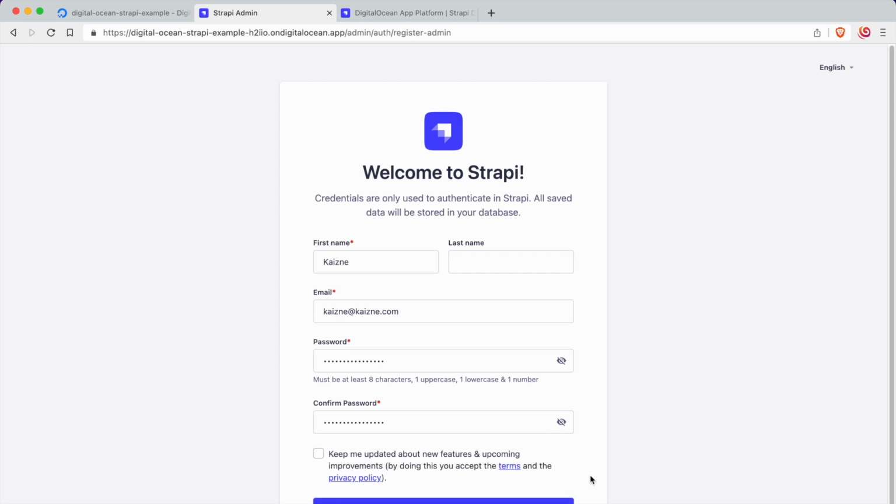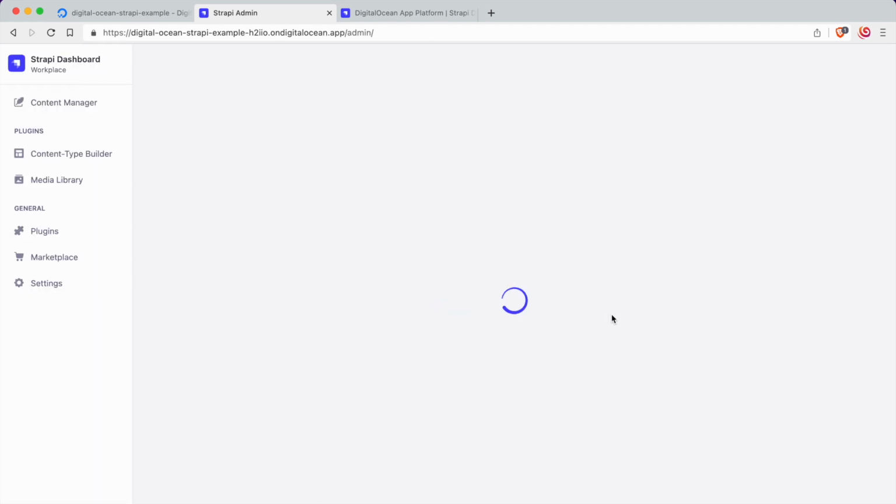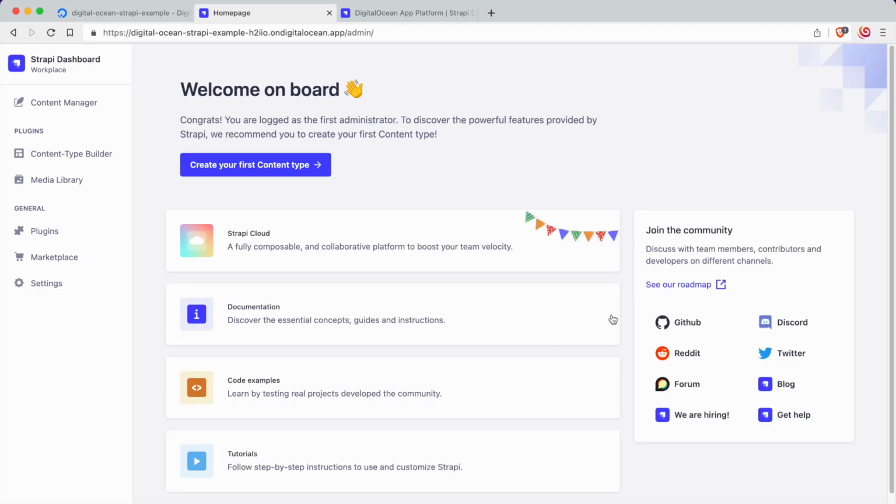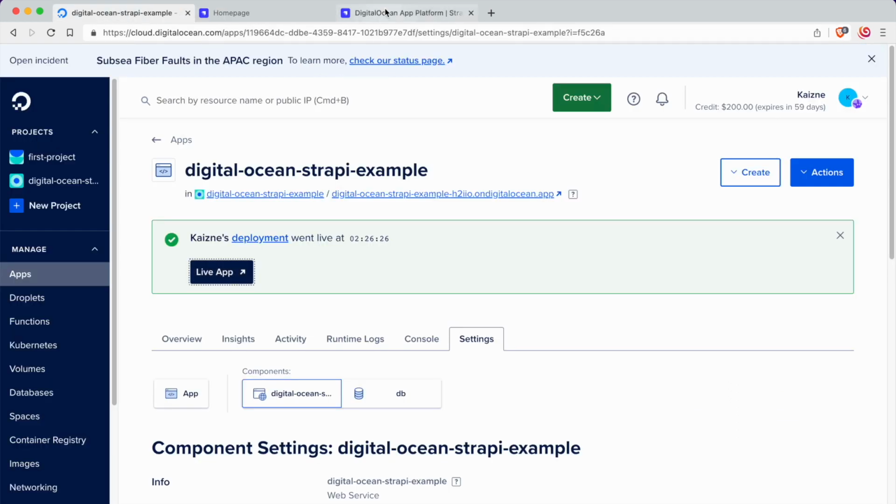And then just hit this button. All right, now we're in, and everything seems to be working fine. Now the next step is actually